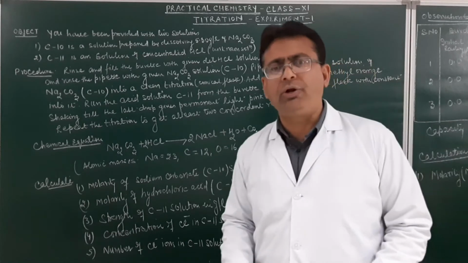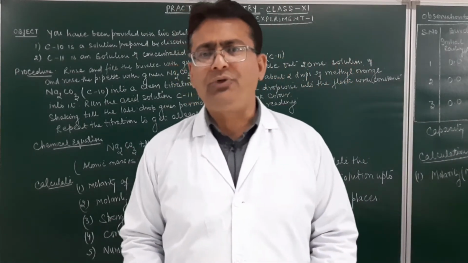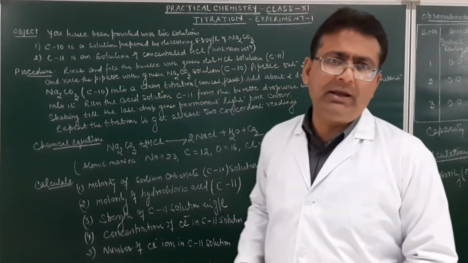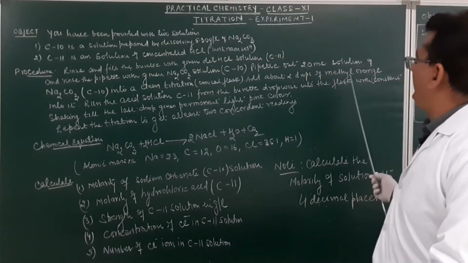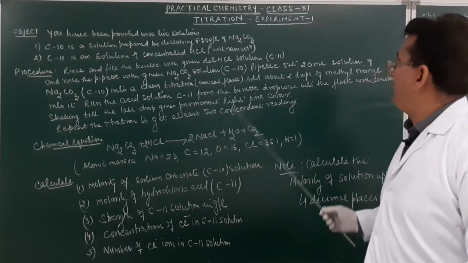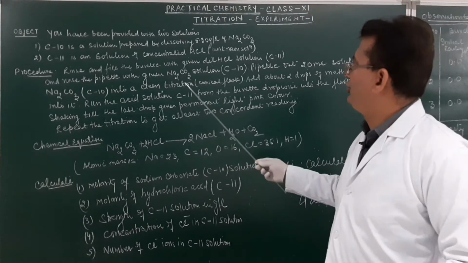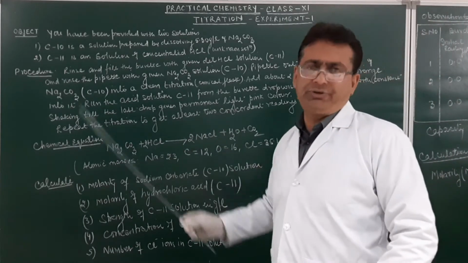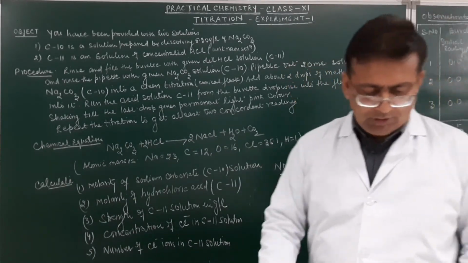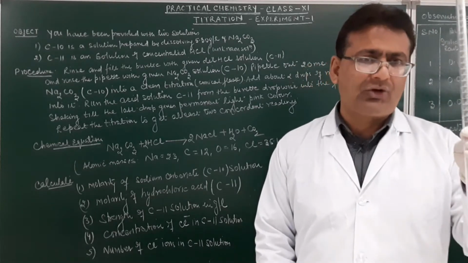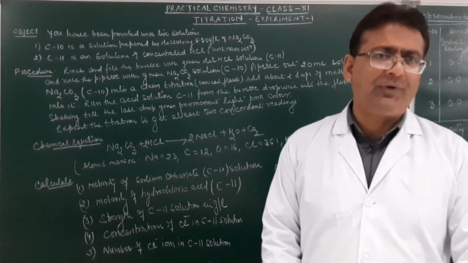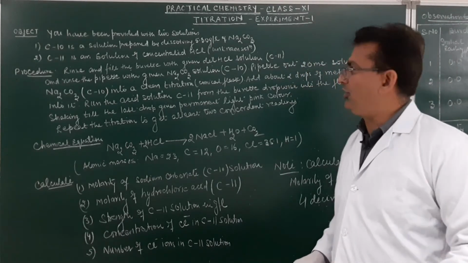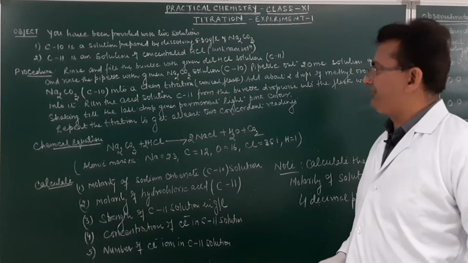We all know the solution of sodium carbonate is a solution of strong base and weak acid. So, the solution will be basic in nature. Now, to this solution, when we add methyl orange, there will be no change in the color. Add about 2 drops of methyl orange into it. Am I clear? Into the burette we take HCl solution. Into the titration flask we take sodium carbonate solution. To the sodium carbonate solution in the titration flask we add methyl orange.